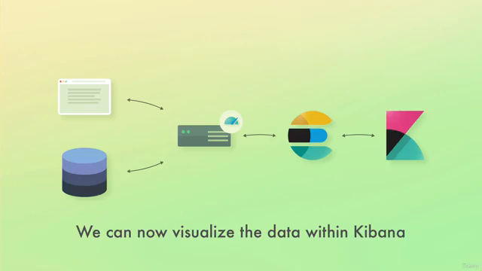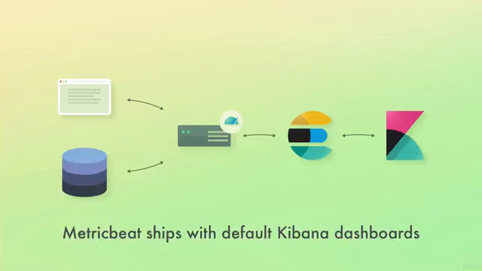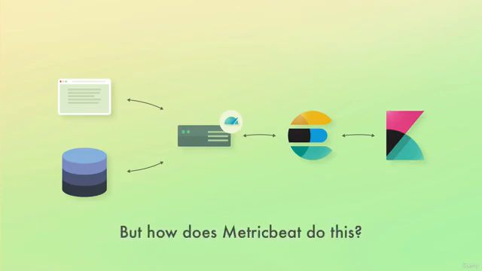What's really cool is that we can actually instruct MetricBeat to configure a dashboard within Kibana. That's just a default dashboard that displays data that you are probably interested in. You can of course tweak it to your needs, so consider it a template. But how does MetricBeat actually do this when it doesn't communicate directly with Kibana, you might wonder?